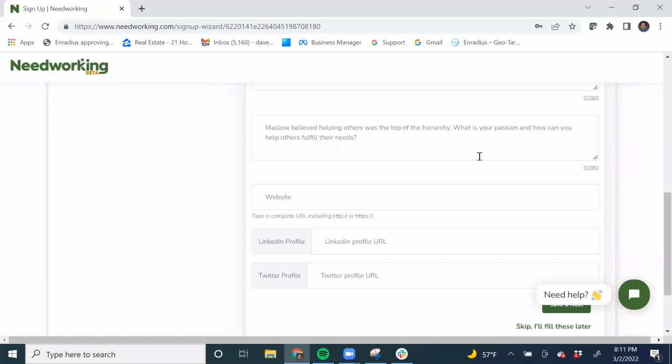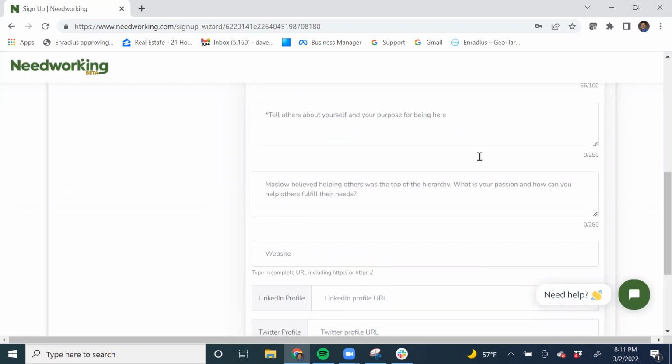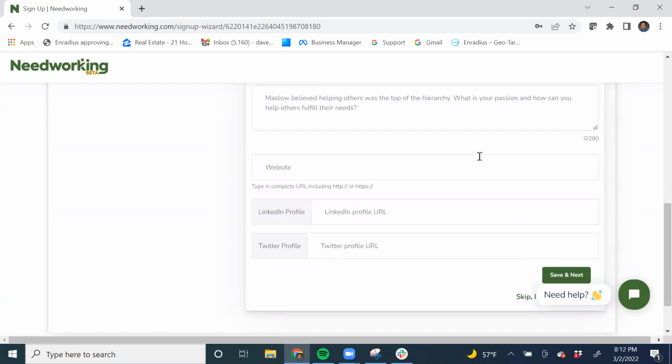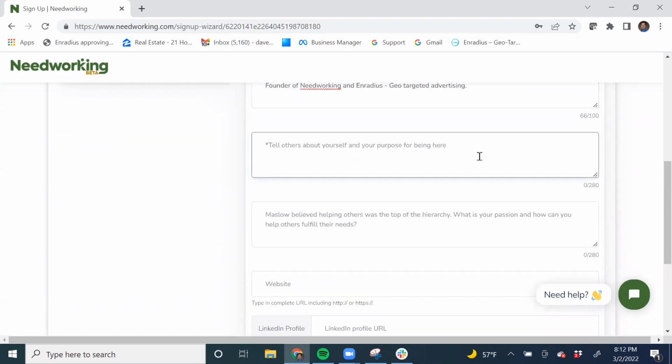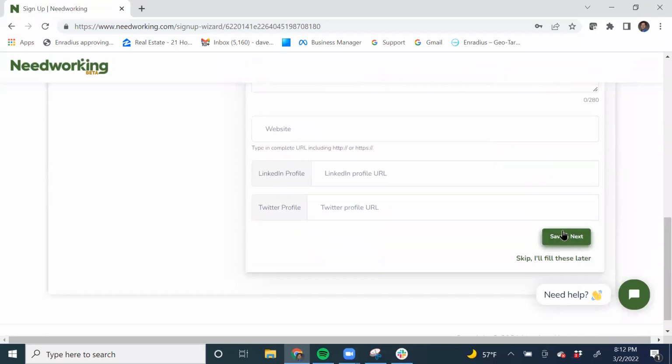If you have a LinkedIn profile or a Twitter profile, fill those out. We like other social media platforms. We've gotten a lot of lift because of LinkedIn, so they're not a competitor. What we do is a little bit different and it's a little more specialized. And we feel that LinkedIn has a lot of data and a lot of information. It can be overwhelming for people. So at Needworking, we're trying to make it really simple for people to come in and actually post and get things done. I'm going to just virtually go in there right now and hit save and next